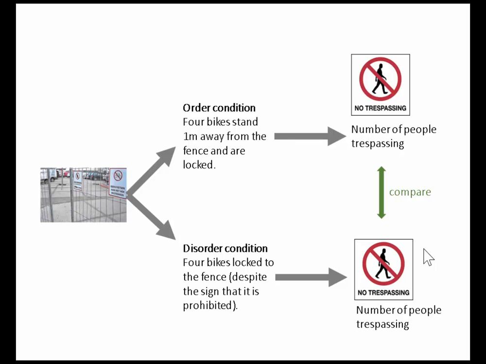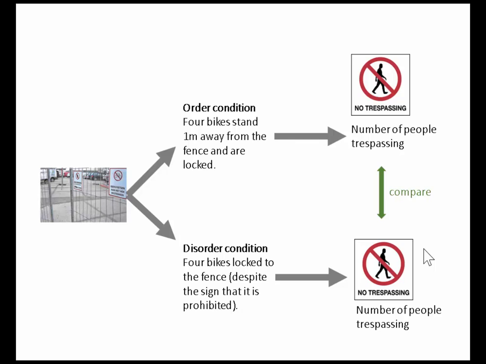And in the disorder condition, the same 4 bikes were locked to the fence despite the sign that it is prohibited. And in both cases, again, there's no reason they did it at comparable times of the day. There was no reason to believe that in the one setting more people should walk through the fence than in the other one, or that there are different kinds of people. The idea is that through random assignment, people are randomly in the control and randomly in the treatment